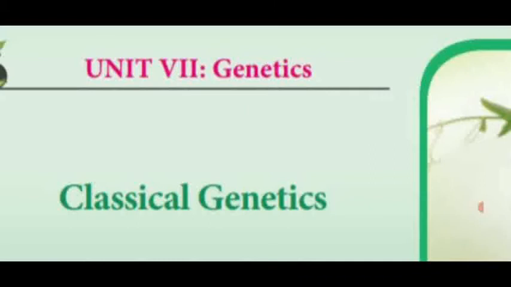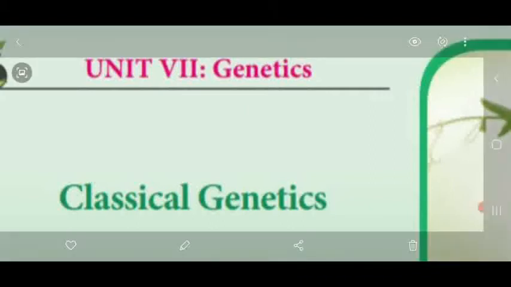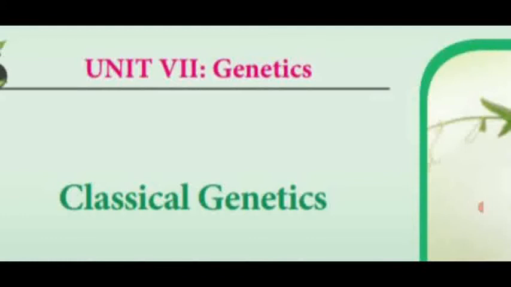Capital TT is named as homozygous tall plant, and small tt is named as homozygous recessive plant. So here, one parental character is TT, the tall plant, and one dwarf plant is small tt. Between those, capital T and small t is said to be the hybrid, named as heterozygous tall plant. So even though both the alleles are present, the dominant character is expressing, and the other one is suppressed, but it will be expressed in the F2 generation.